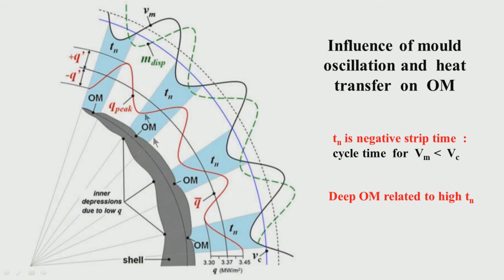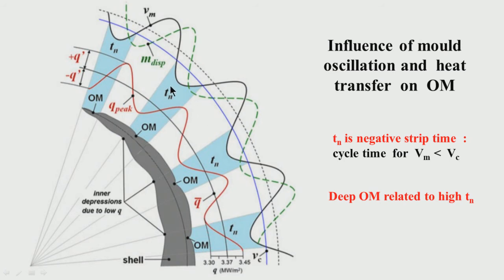Heat transfer here is maximum 3.45 at the peaks, and at the trough it is relatively less, 3.30. So, average is 3.37 along this line. So, there is also some cycle in the heat transfer, in what is happening in the mold. Now, look at here